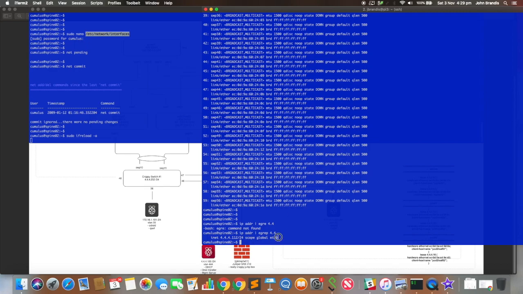Oh, what do you know? Look at that. ETH0 now has an IP address assigned of 4.4.4.112. I'm going to proceed to do this to Leaf1, Leaf2, then go to the other pod, Leaf1, Leaf2, and then I'll come back and we'll do another one on putting some